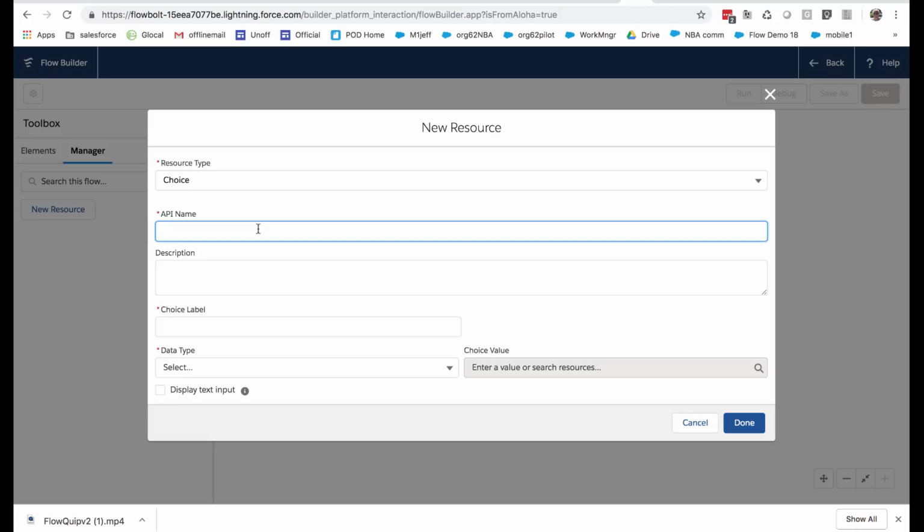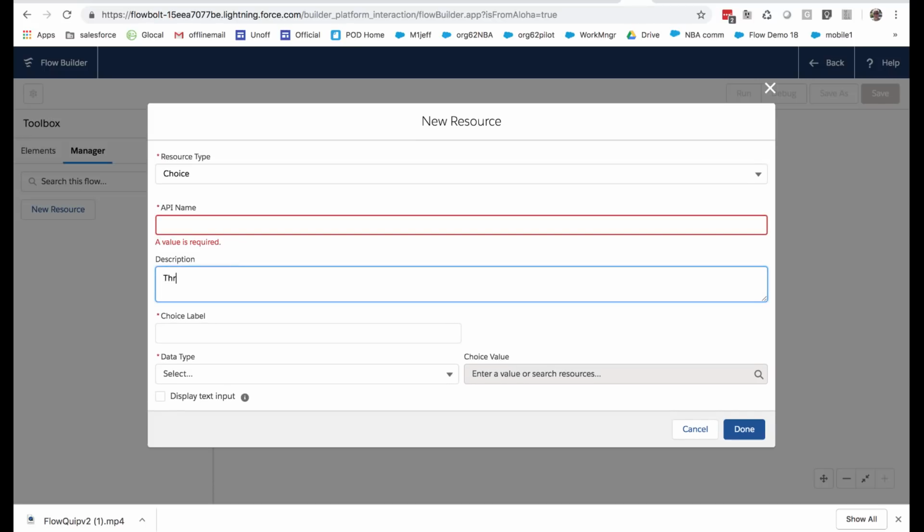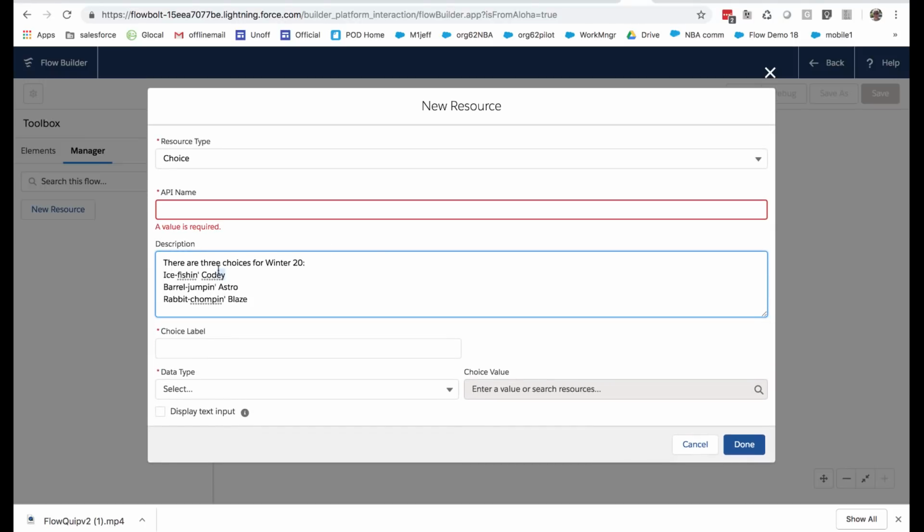So we're going to have to define our items. Let's say there are 3 choices for Winter 20: Ice Fish and Cody, Barrel Jumpin' Astro, and Rabbit Chompin' Blaze. Okay, so what we're going to have to do is create a choice for each one of those. So let's make this one